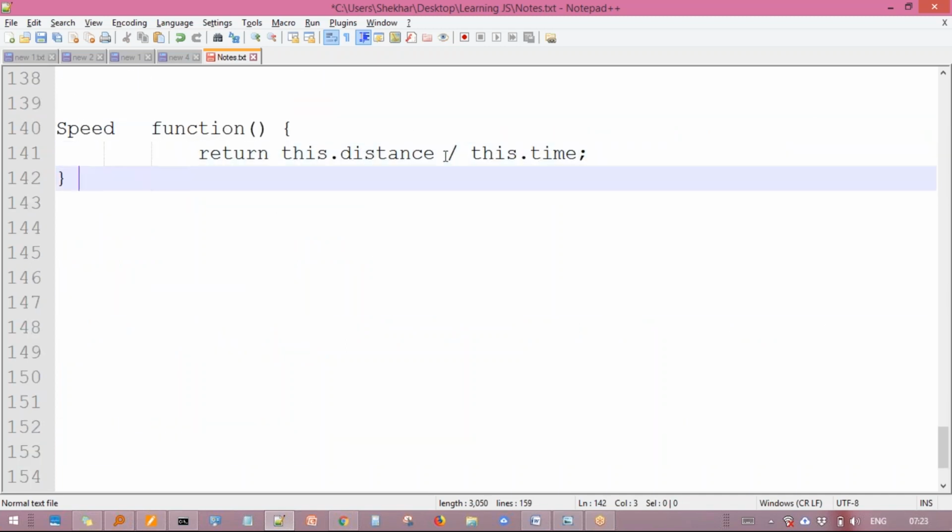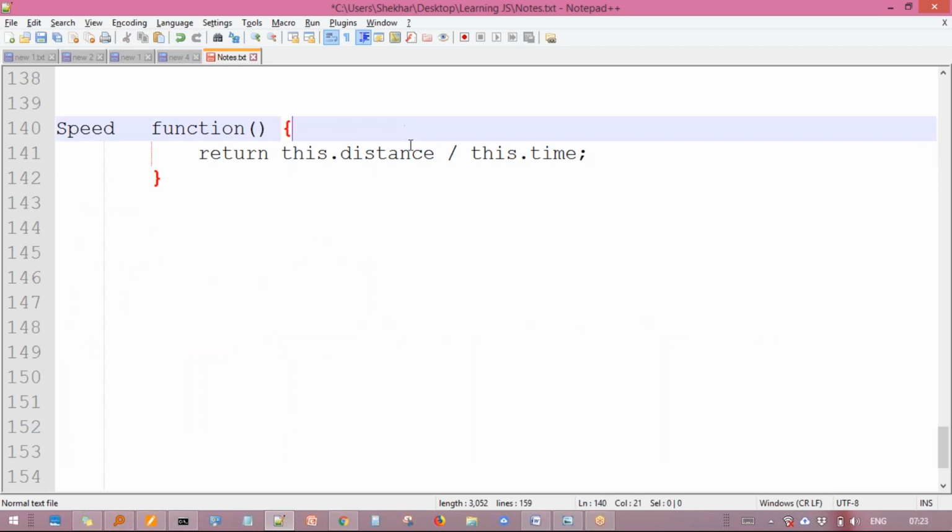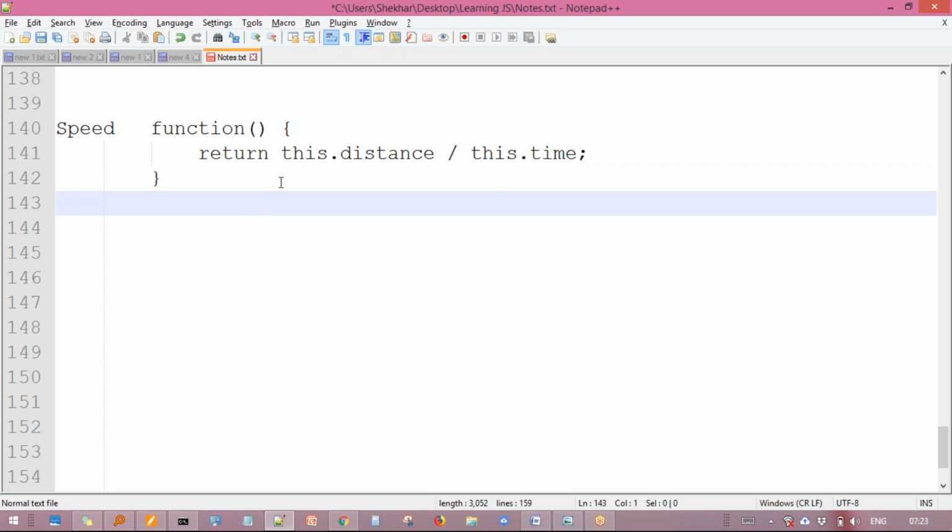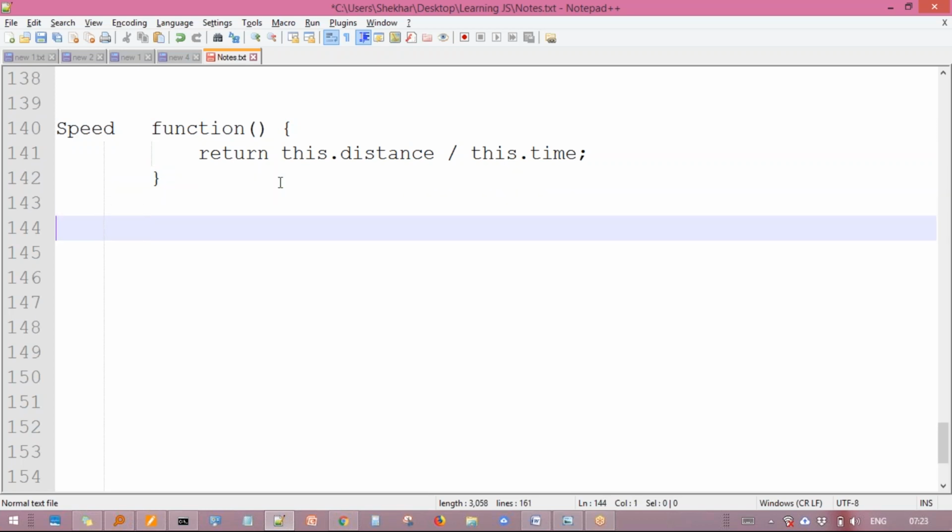That's it. So we are just going with this pattern that we can write, by the way, in a single line. I'm writing a single line like this. So we can take the benefit of the functions, and also we can take the benefit of the properties. So this is one more important thing. Next,